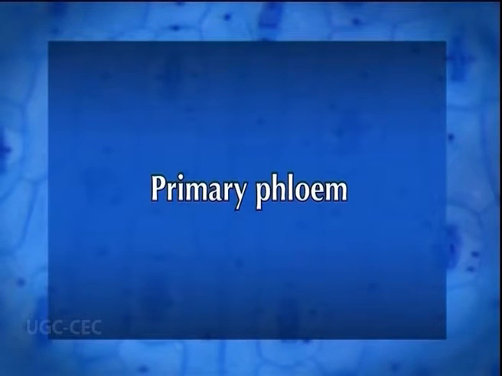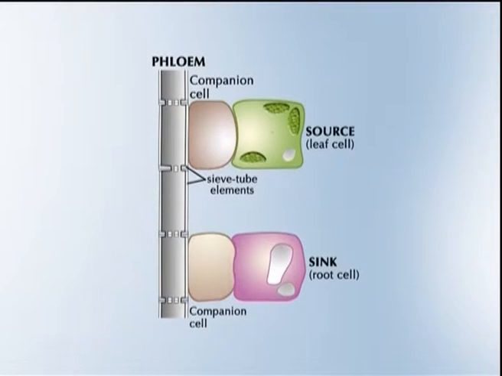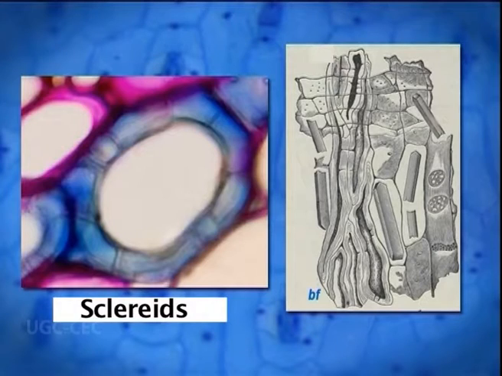Primary phloem. Phloem tissue transports dissolved substances like sugars. Phloem is also the primary trafficking pathway in vascular plants for the movement of plant growth regulators and other compounds that signal and direct accumulation or responses at sites remote from their origin. Phloem tissue contains: number 1, sieve elements; number 2, companion cells; number 3, parenchyma cells; and number 4, sclerenchyma cells.